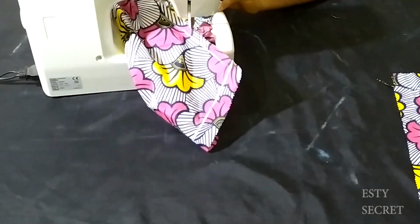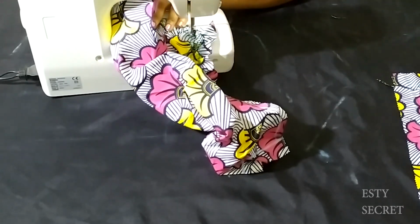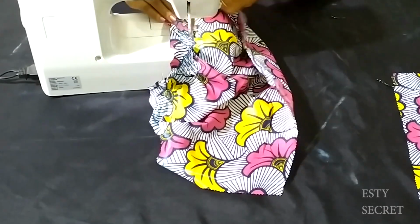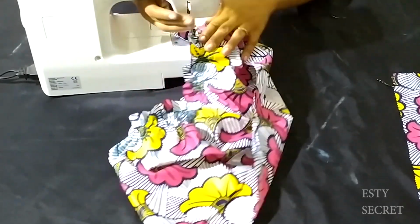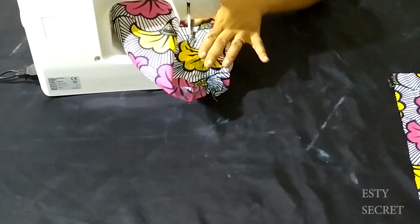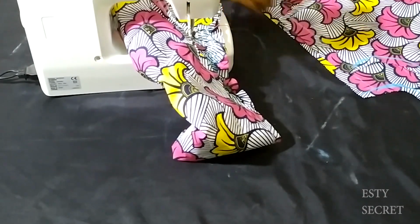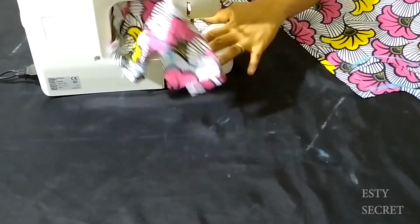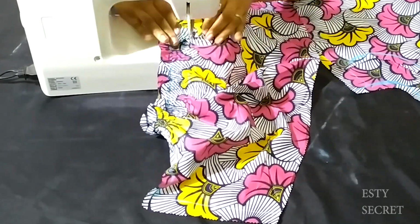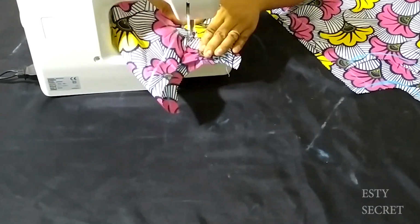Here I'm using my machine foot as a guide. You can use the pre-marked line if that helps. So that's how I continue sewing till I run out of thread in my bobbin. Take your time and make sure that the closer the stitches are, the more elastic effect or shade effect you will get. So please take your time,